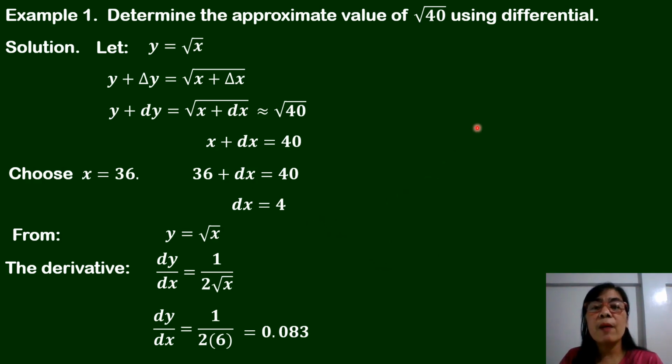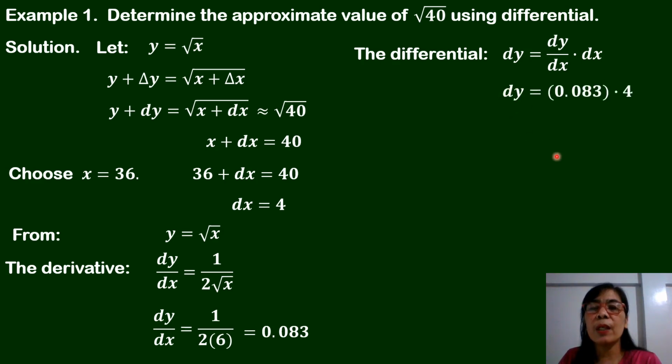0.083. And from the definition of the differential, we say the differential of y is equal to the derivative of y times the differential of x, substituting the values. The differential of y is equal to 0.083 times dx, which is 4, or the differential of y is equal to 0.332. So again, we have our square root of 40, the approximate value of the square root of 40 will be now